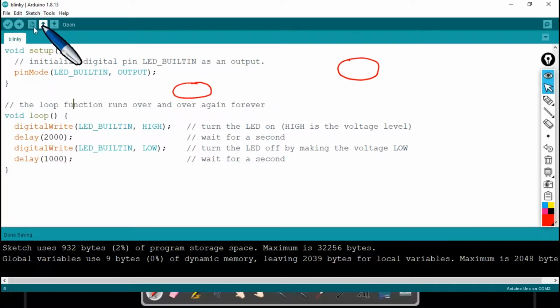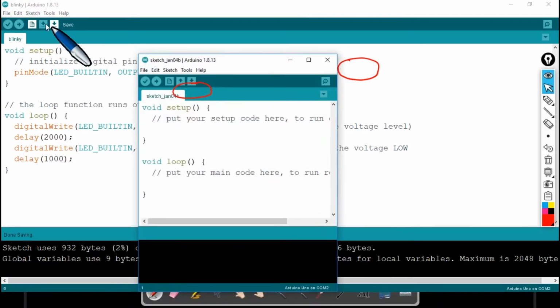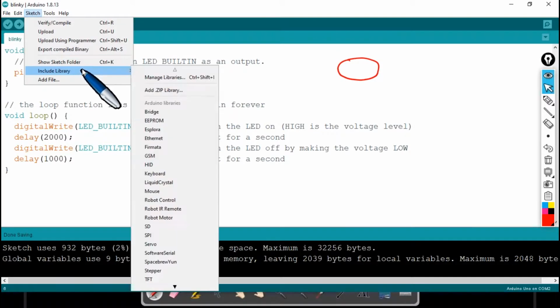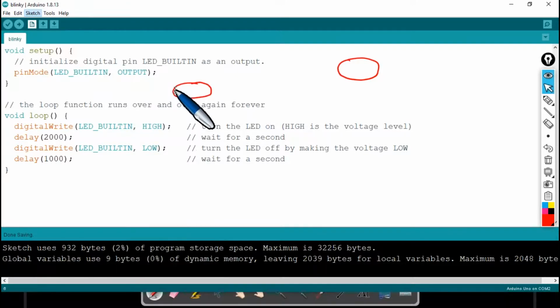Let me repeat this: under Sketch, Include Library, and under Include Library we are supposed to hit on Add .ZIP Library. After hitting on this,